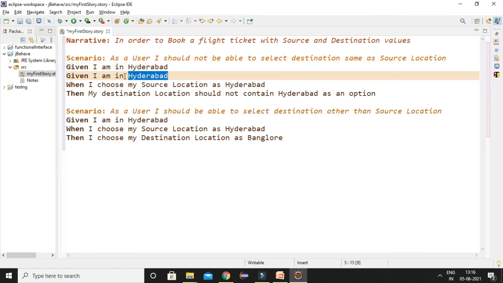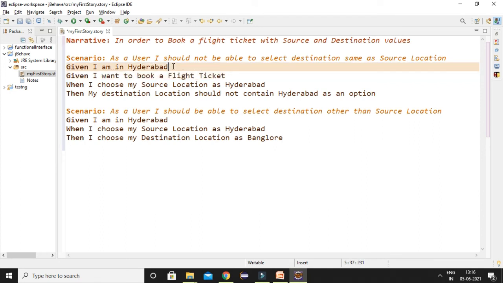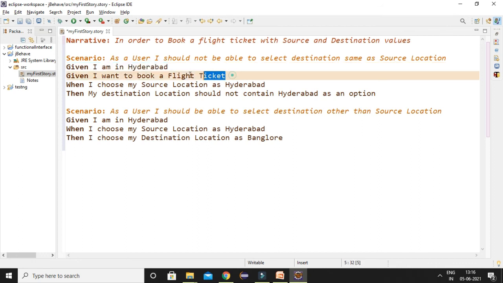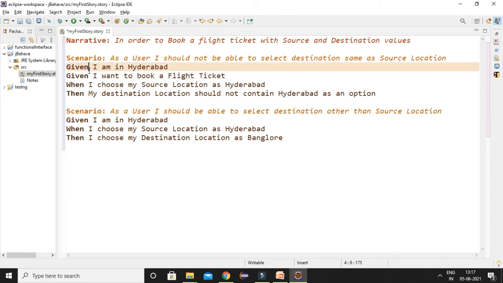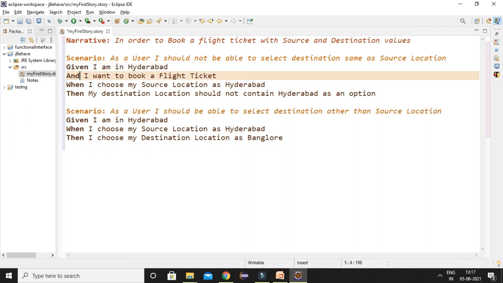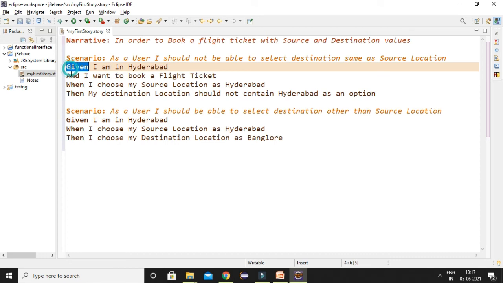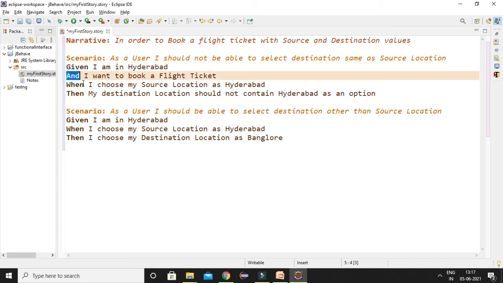Here you can give another condition. These two conditions are preconditions for us now: Given I am in Hyderabad, Given I want to book a flight ticket. Here we can make use of one more keyword called And. If you are using the same keyword in the next line, you can use And, which represents that the above keyword is repeated.